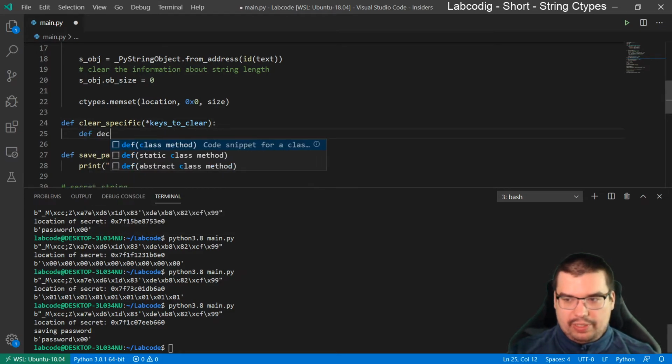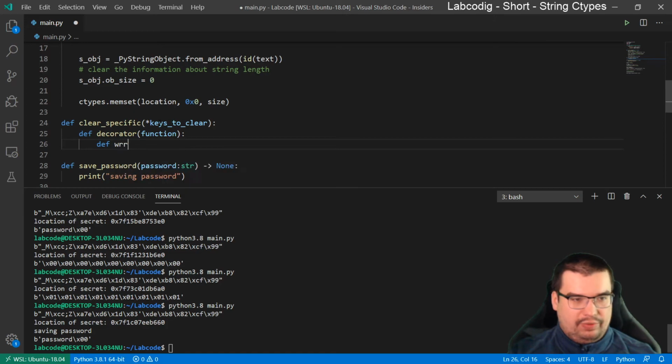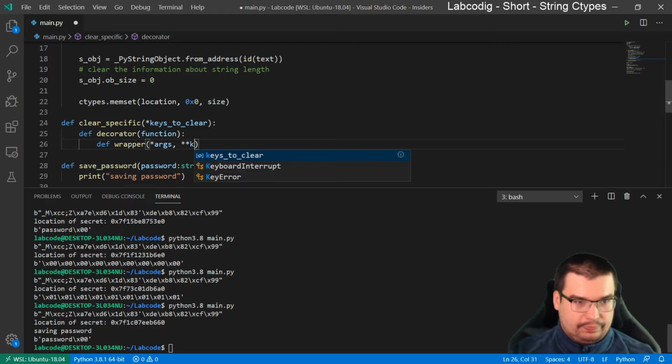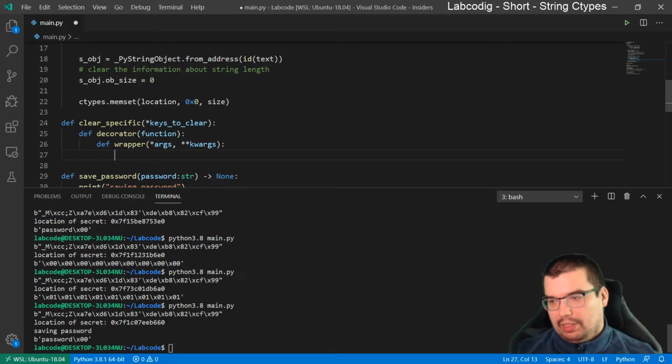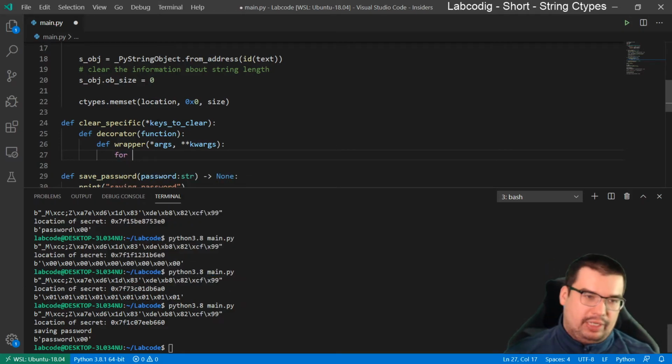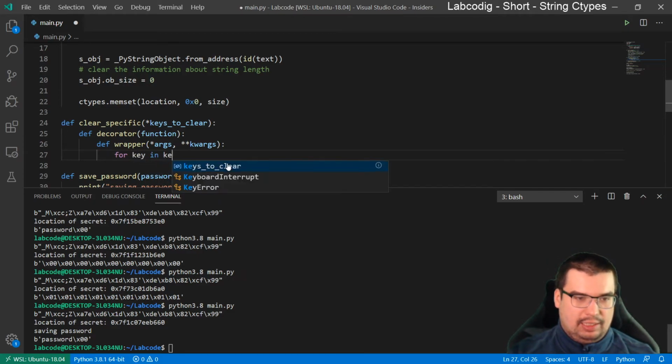Let's write the decorator, our function. Let's create the proper wrapper, and now let's iterate over our parameters. So we are going to pass the keys that will contain the keys of the strings. So for key in keys to clear,